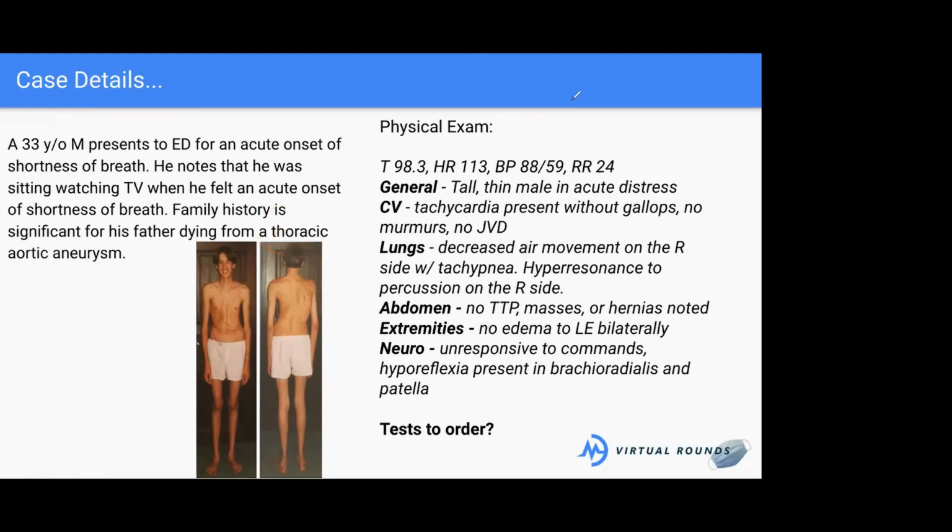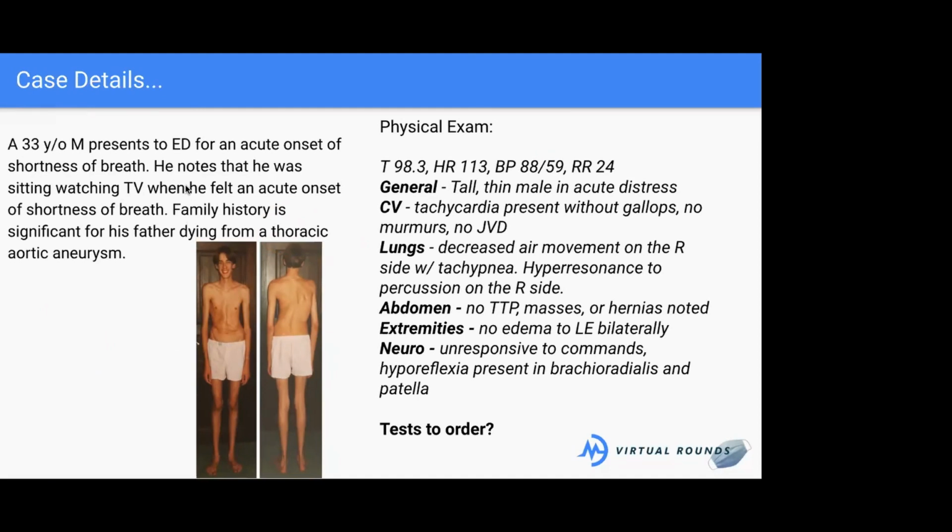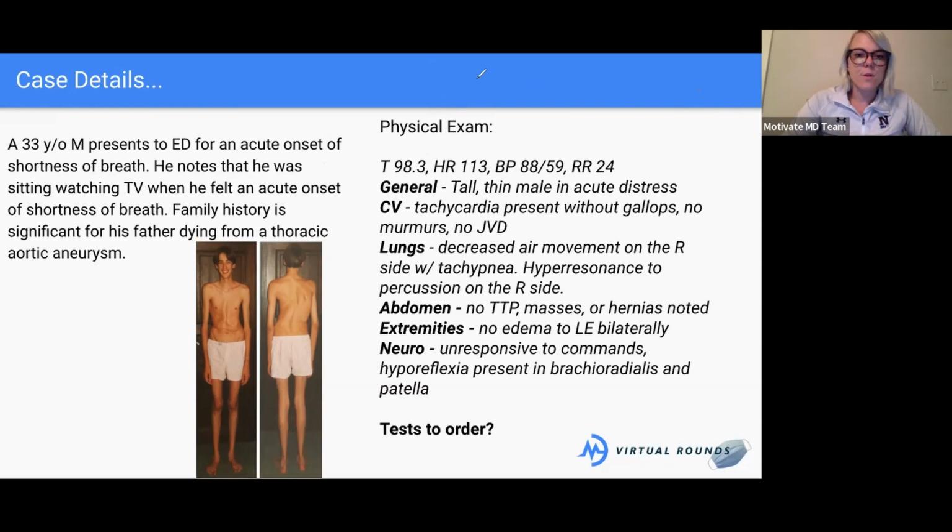So let's clear all this junk out of the way, and let's focus on the physical exam now. Because this patient is, would you guys say pretty sick? Is this emergent? Is this the type of patient that you're going to get in triage and want to get back right away? What do you think? Not really, because besides the chest pain, he didn't have any other aneurysm symptoms, like stomach pains, dizziness, nausea. So I wouldn't totally put him in triage first, but I'd definitely get an EKG on him when I get him. Okay. All right. Perfect. So let's go through this.